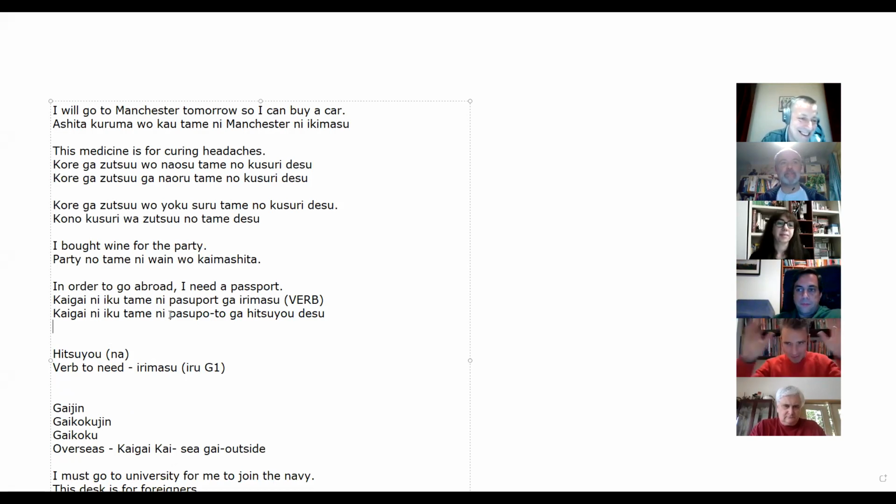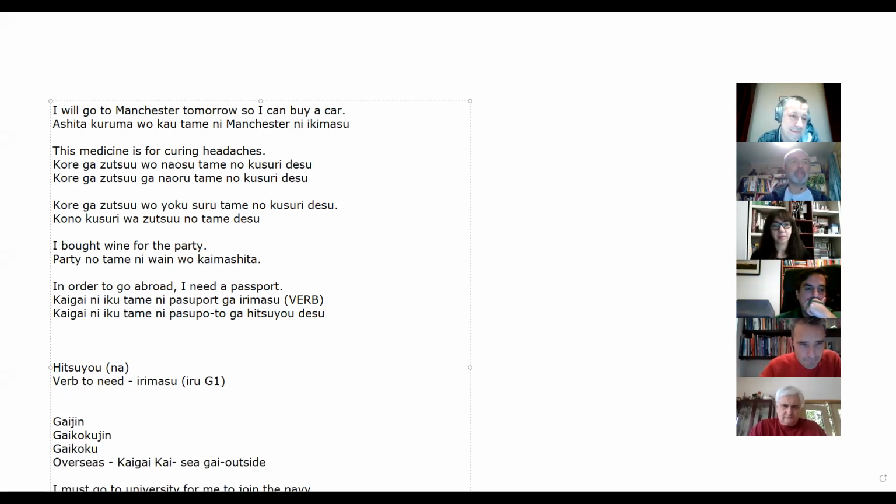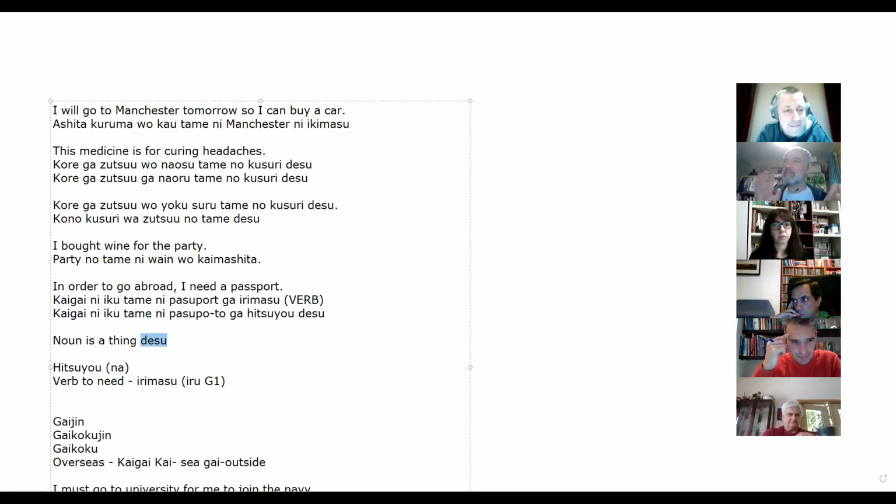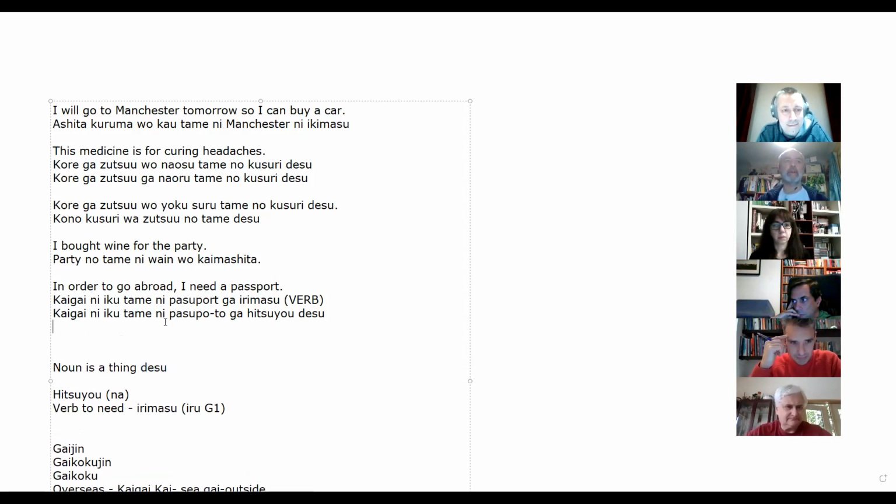Okay. So in this subclause here, what we've actually got is a statement. We've got noun is a thing, is what we're saying. So we're saying basically the passport is something. So although we've got a noun in there, and we've actually got an adjective here, and by putting desu at the end, this is no longer just a noun statement. It's actually a stative verb. Desu becomes a stative verb. I mean, we don't need to know this much about this actually, but the only time we'd actually have no here